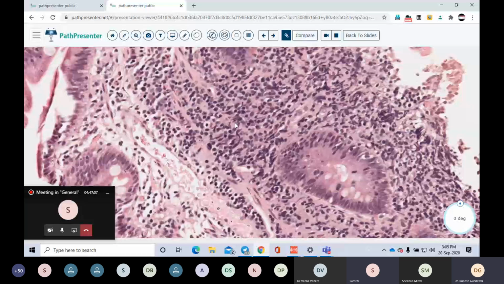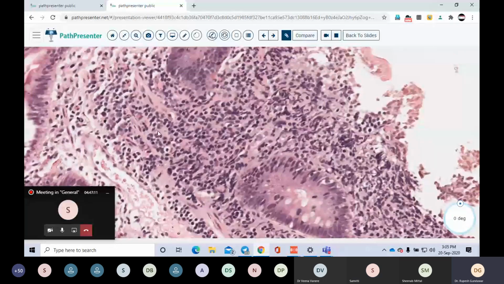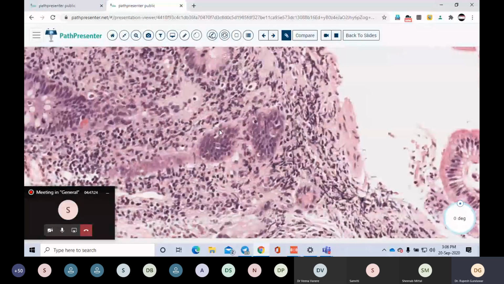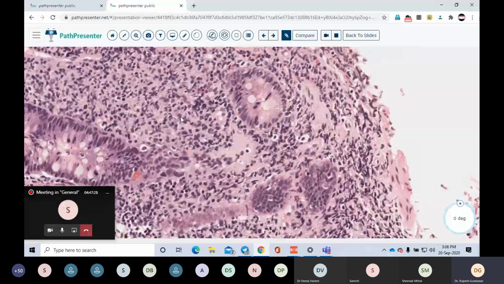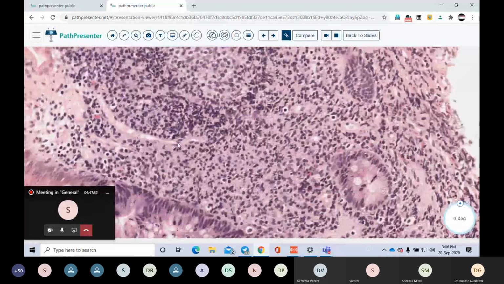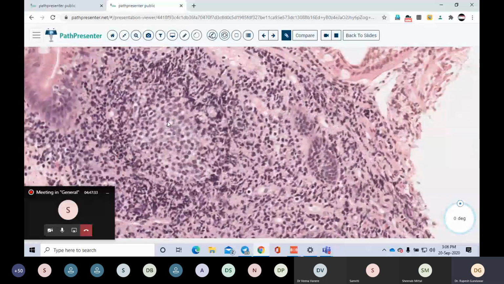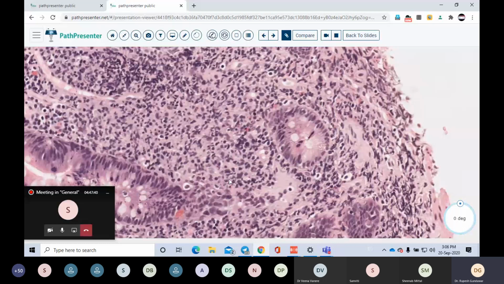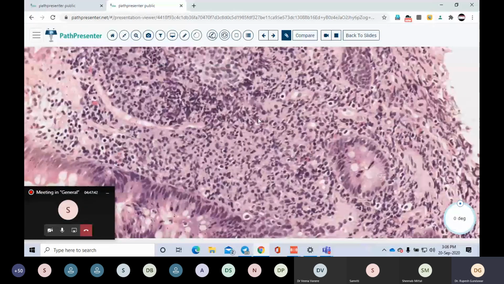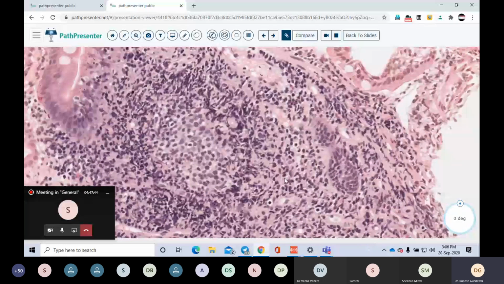If you see the lamina propria contents again, whenever you deal with the duodenum, you don't have to try too hard to find the plasma cells. But here, all these are lymphocytes. Plasma cells are not easily seen. When you see a biopsy of duodenum, plasma cells are very, very easily picked up. So when you get increased apoptosis in any of your duodenal biopsies, the dictum is to look for the presence or absence of plasma cells. This is the case of CVID.